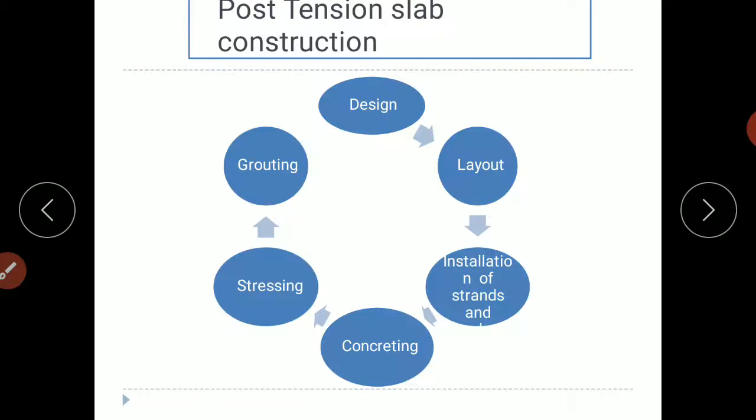So we will fill that gap with the help of grouting. Okay, so this is the total procedure from design to grouting, that is the end part. Just remember these steps. First we'll design, then we'll make a layout of it, then we'll install strands and ducts, then concreting, then we'll apply a calculated amount of stress, then we'll go for grouting.